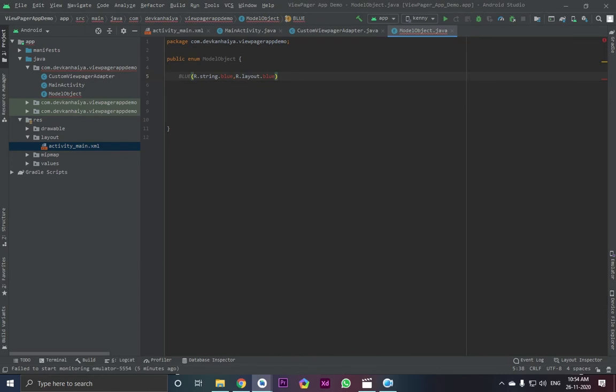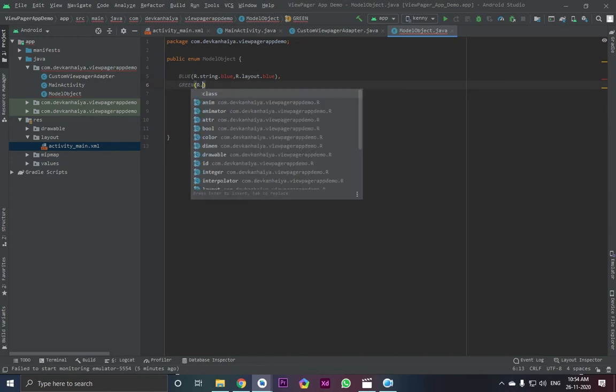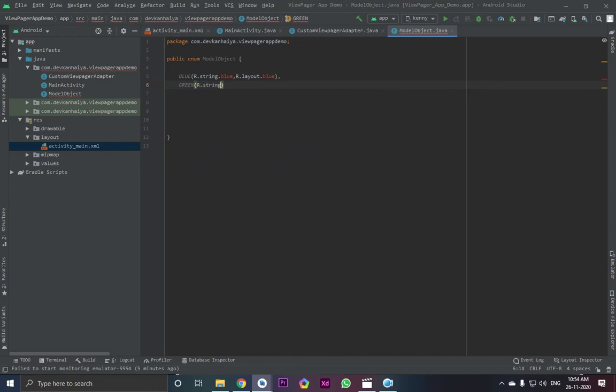We will be creating these layouts. First let's just instantiate it blue, after that green. You can use any color, but for our title you can use this r dot string dot then green. We are going to be instantiating this later. Let's just pass on it layout dot green.